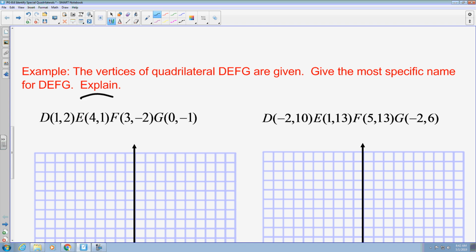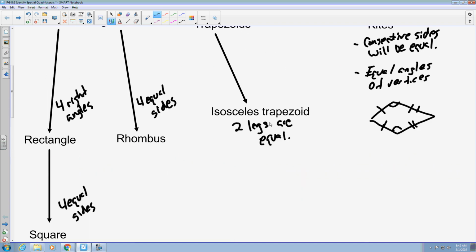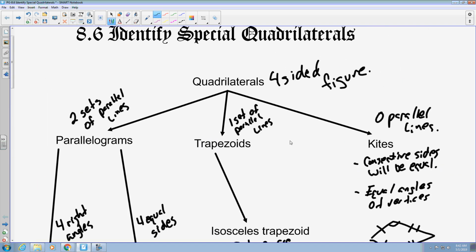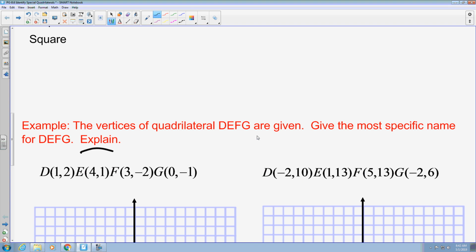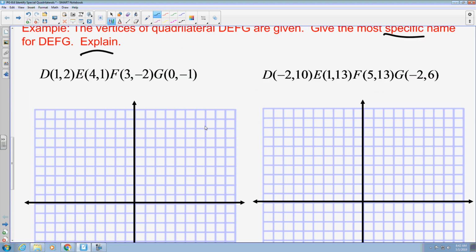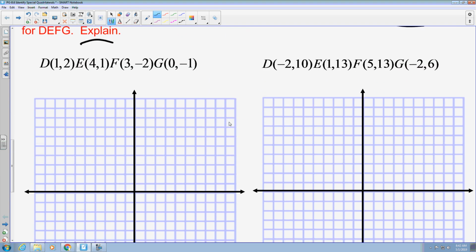The explanation is going to be a bunch of the statements that we've just made. Is it two sets of parallel lines? Is it one set of parallel lines? Is it zero sets of parallel lines? And then can we say more specific things from there? So again, they want us to give the most specific name. Yes, they all are going to be quadrilaterals, but we want to know what the most specific name is with the information given. So looking at this first example,